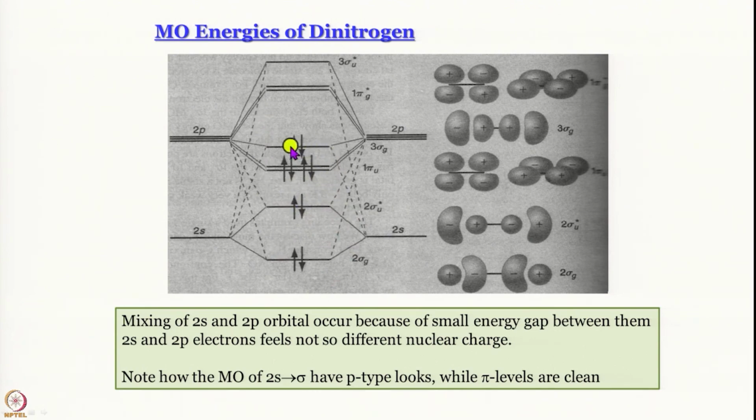What happens is that this sigma orbital, which you would expect to be lower than the pi orbital, comes above it in energy. So now the HOMO that we get is actually a sigma orbital, which would not undergo addition reaction. That is what makes dinitrogen so unreactive, and that is why